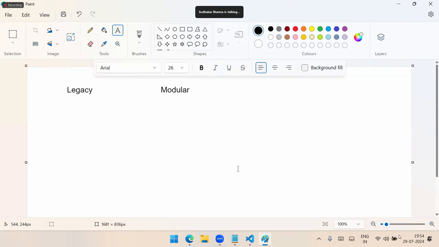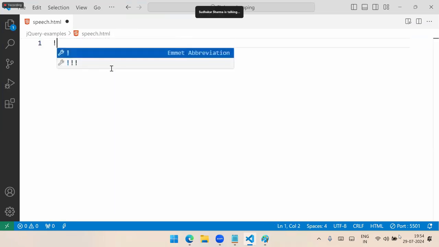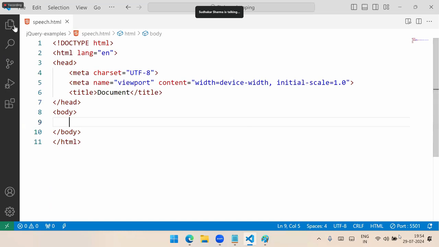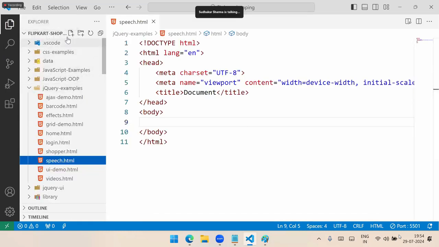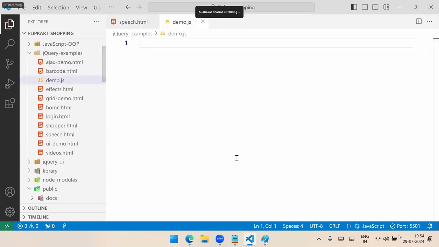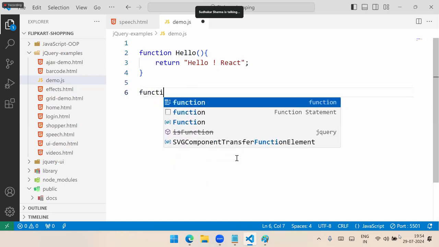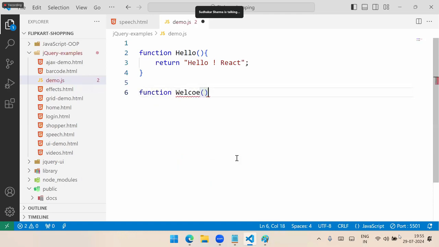For example, of course, JavaScript teaches you modular. Suppose I have a script file, some demo.js, a JavaScript file. I have a function in this script file. The function is hello and it returns hello React something. And we have another function, welcome, and it returns